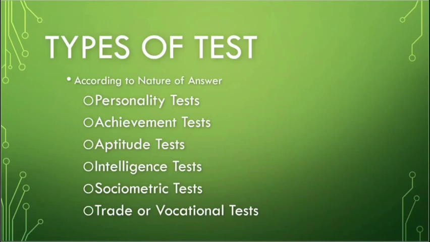Of course, you need to take NC2, the National Certificate for Baking. Ito yung mga NC2, no? So here we include the National Certificate given by TESDA. This refers to trade or vocational skills, and may be used to determine the value of a training program, like for TESDA. So, again, the types of tests according to nature of